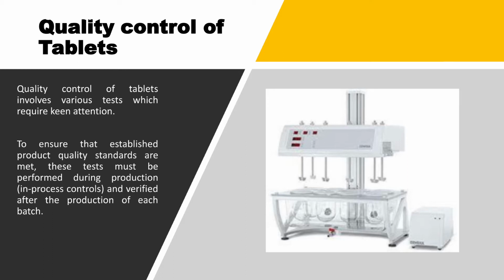For any manufacturer, it is very important to work in a way that there is the least variation from batch to batch. There should not be any variation. Batch to batch variation is not encouraged, and lot to lot variation is not encouraged. This variation can be avoided by doing the in-process test as well as the finished product test.